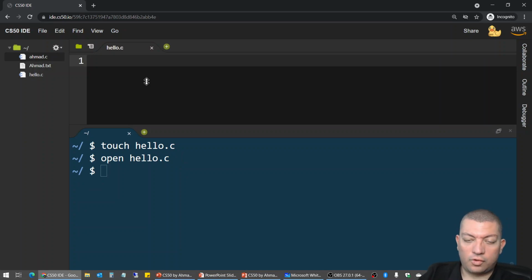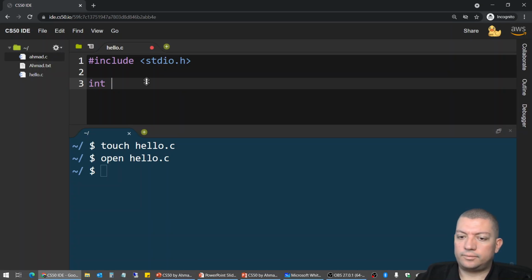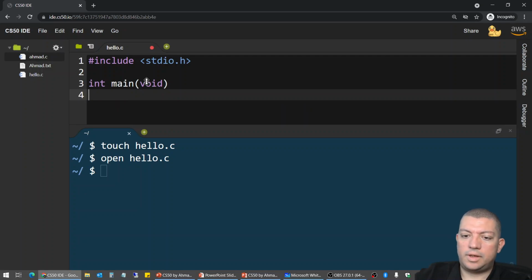And in here, I'm going to write C code. Don't worry about this C code right now. This is what we will learn in the next video. So the code is going to look bizarre to you initially, but it's okay. Just sit back, relax, and watch, and we will know all about it for the next 5 weeks. So don't worry about it right now. So I'm going to do like this, hash include stdio.h. I know it's cryptic, but forget about it for now. Int main void,